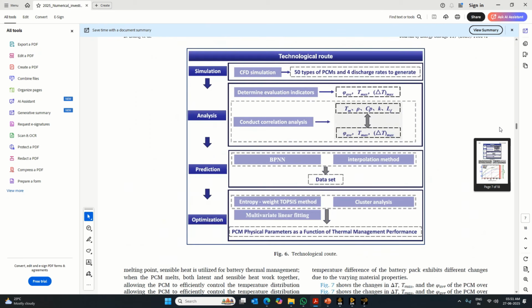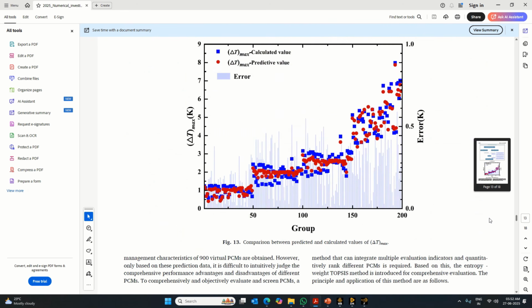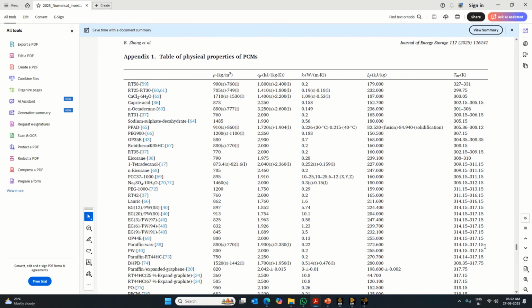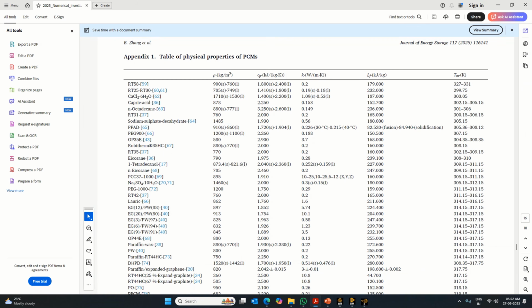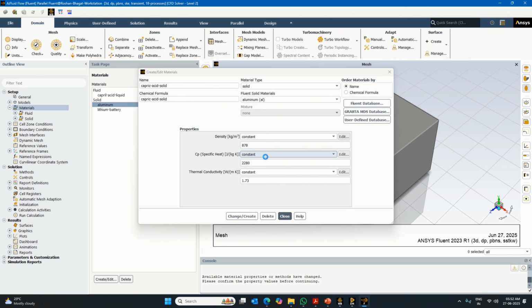I think as per the table there is only one value given, so we'll use the same. Density is 878. Specific heat 2250. Thermal conductivity I will put again 1.73 as it is. Let's make it okay